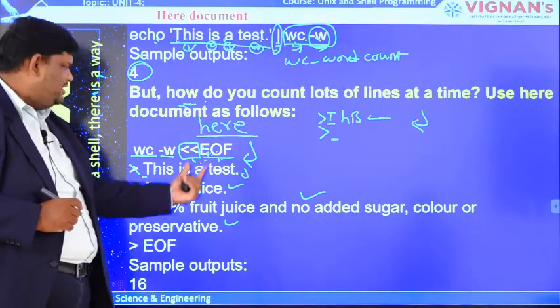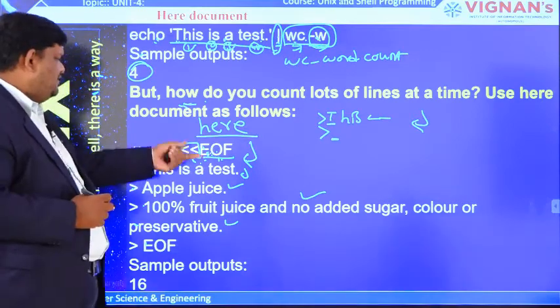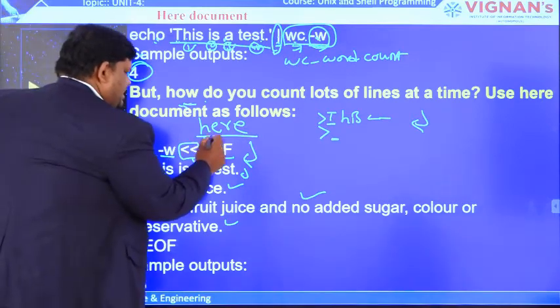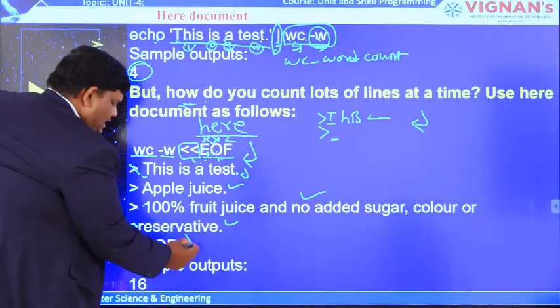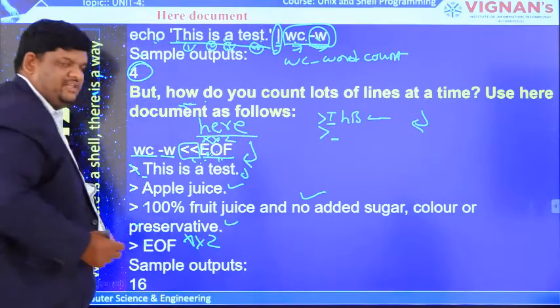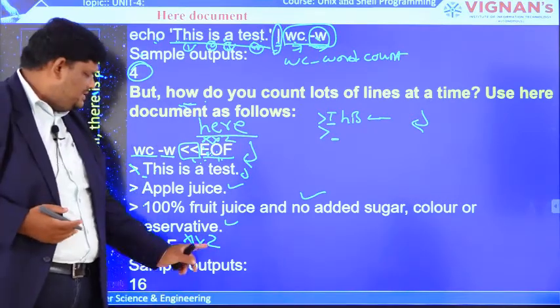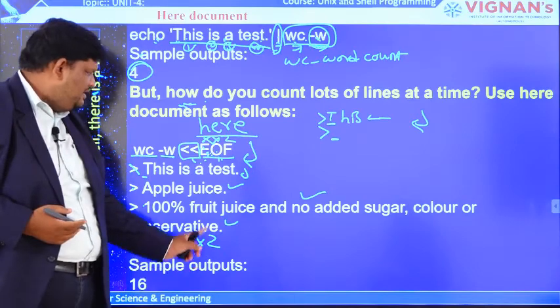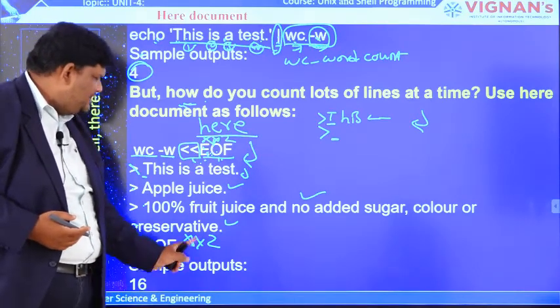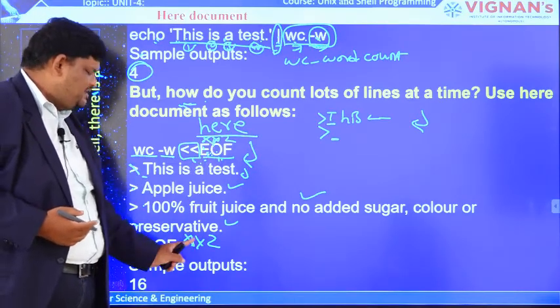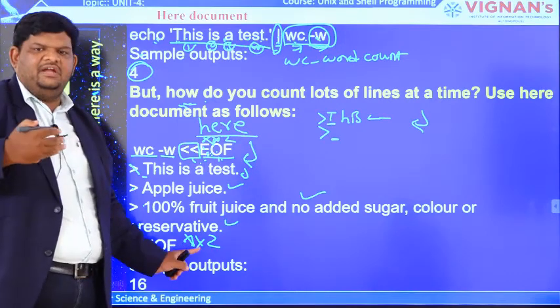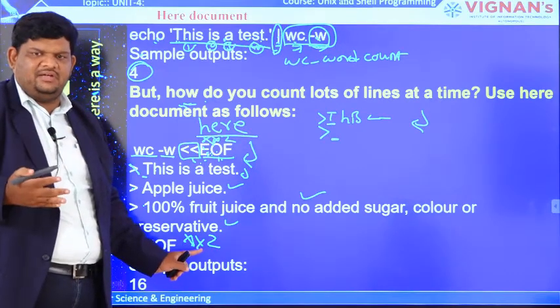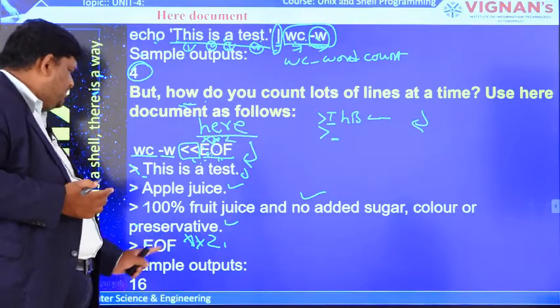For that reason we are giving delimiters. For example, if I am giving x, y, z here, then I have to give the same x, y, z at the end. That means when the shell encounters this string x, y, z, it will match. If this delimiter matches, then the shell will treat that as the giving of data being completed by the user. For that reason it will exit from that here document.